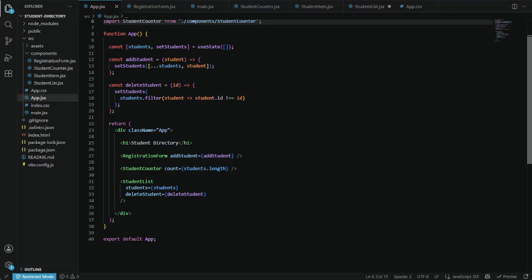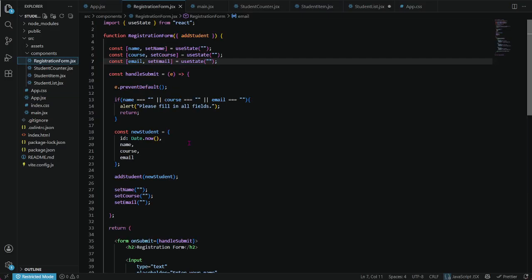So student directory is the main title of the application, and the registration form add student displays the registration form, and it also passes the add student function to the component using props. And then when the user clicks the add student, this function is called here.